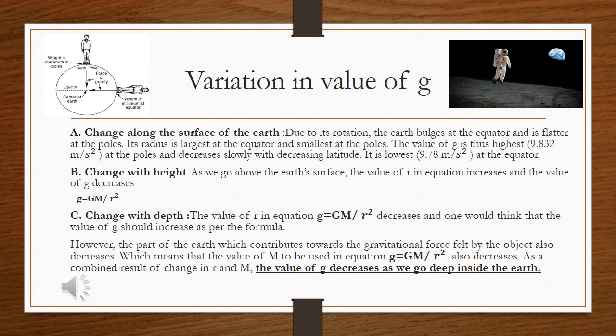Okay, also you can observe the image on the right hand side. Every planet and satellite has a different mass and radius. Hence, according to the equation g = GM/r², the value of g on their surfaces is different. Okay, now here is a picture of the moon. On the moon, g is about 1/6 of the value on the Earth. That means, as a result, using the same amount of force, we can jump 6 times higher on the moon as compared to the earth.